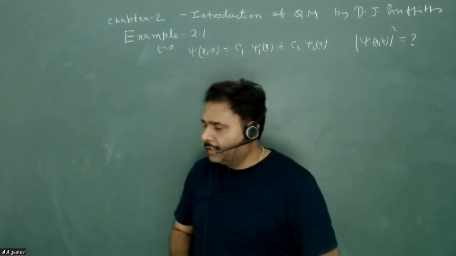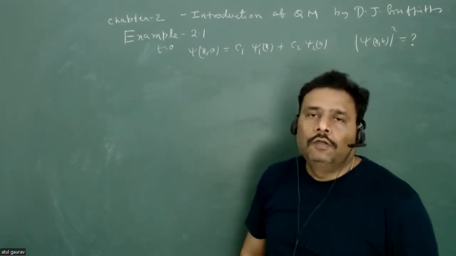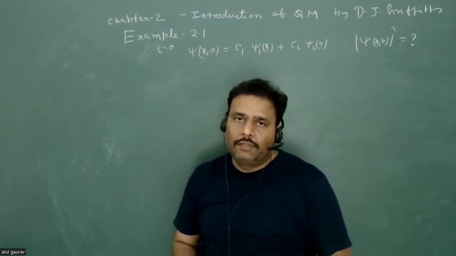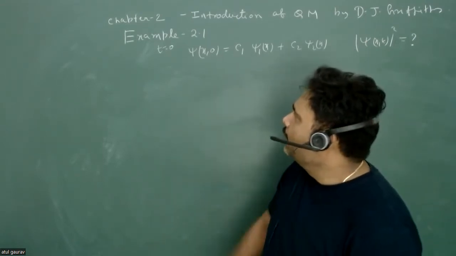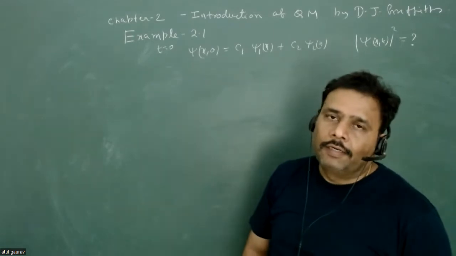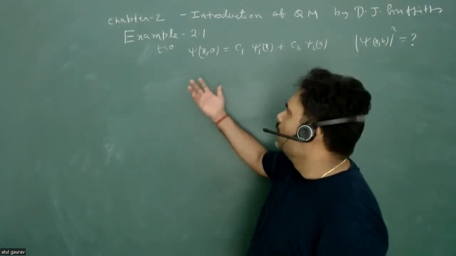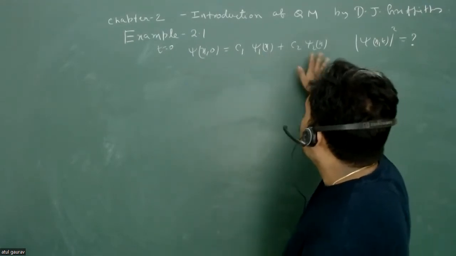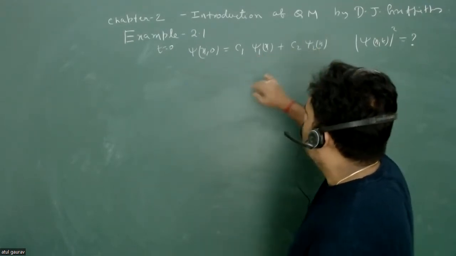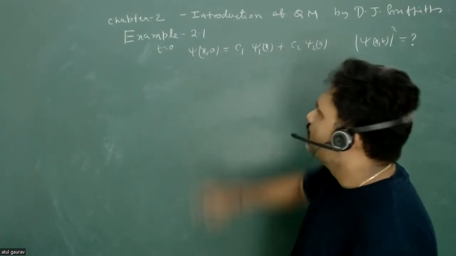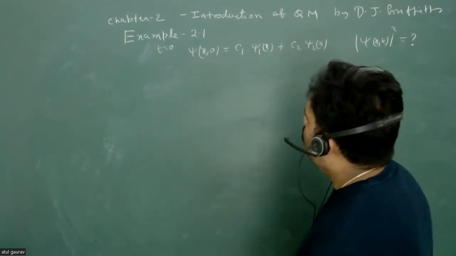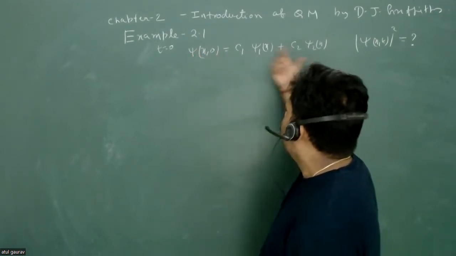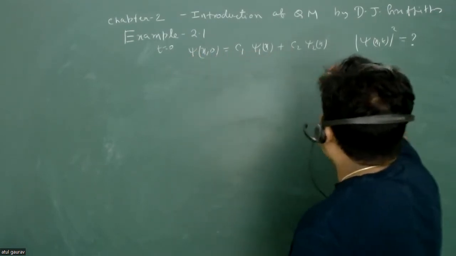Hello students. Let's discuss one more example from the book Introduction to Quantum Mechanics by David J. Griffiths. This is a very fundamental question. There is one state psi, which is nothing but the superposition of two stationary states, psi1 and psi2, and C1 and C2 are some real numbers. So this is a wave function, or a linear combination of two stationary states, and this is given at t